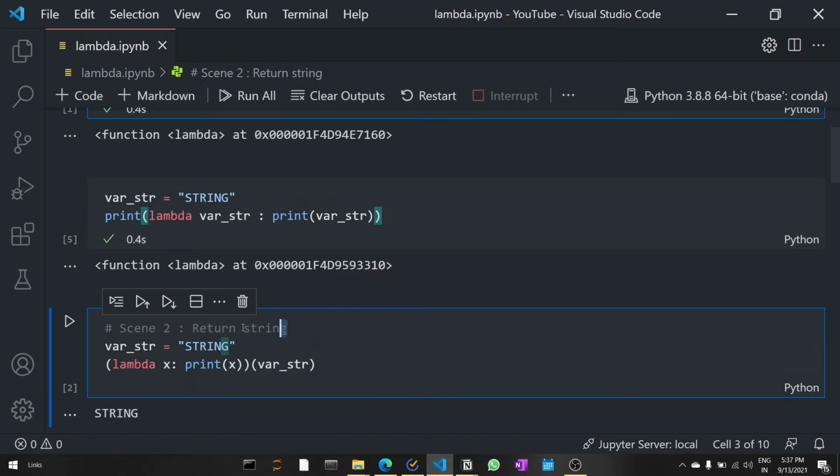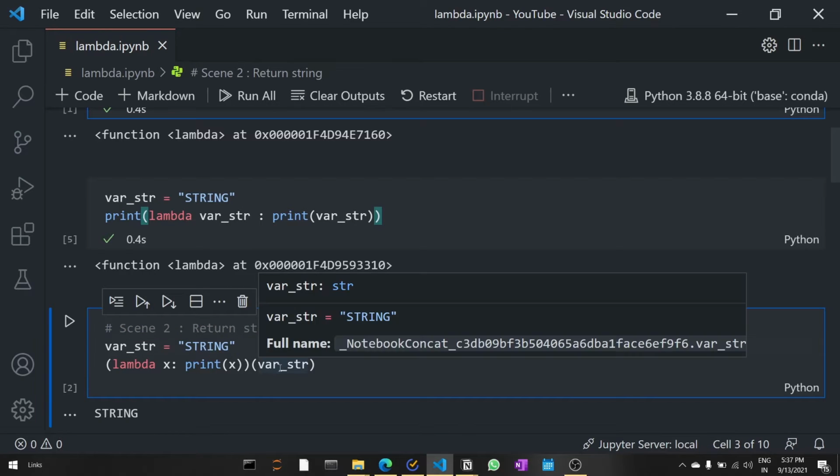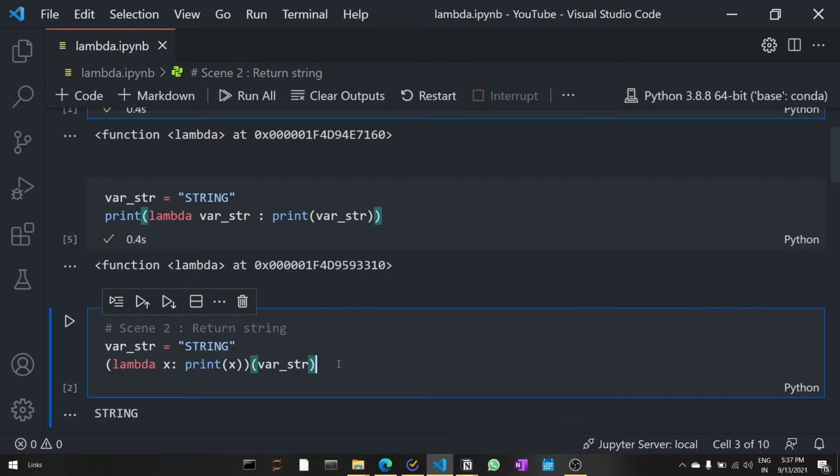Here you can see in scenario 2 we can print the string variable, or you can print any variable, but we need to specify which variable you are referring to, because in the previous one this lambda function does not know anything about this parameter value. So we need to pass it like this as a variable to this function. And here you can see this single line function, which is a lambda function, accepted this parameter and